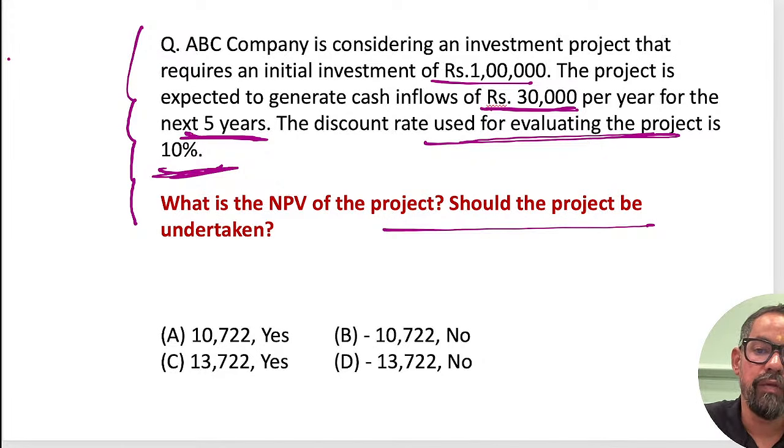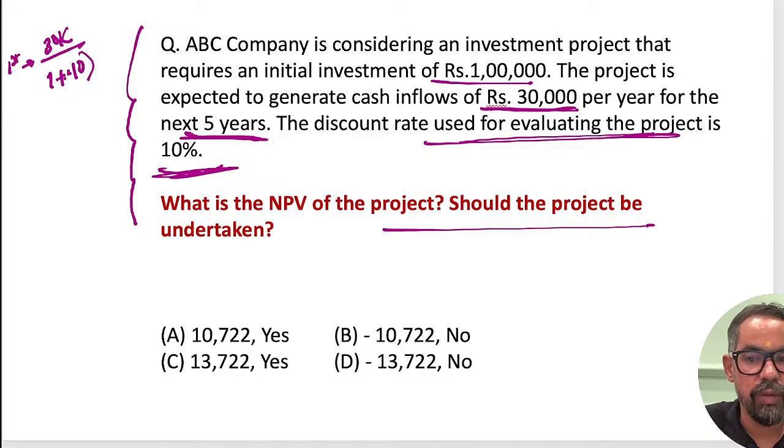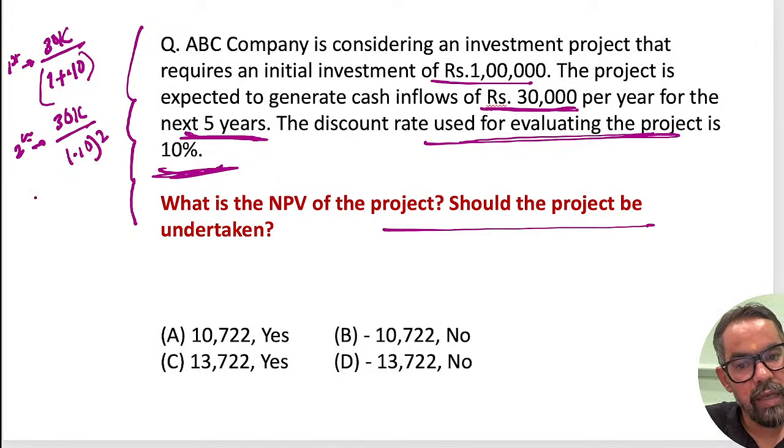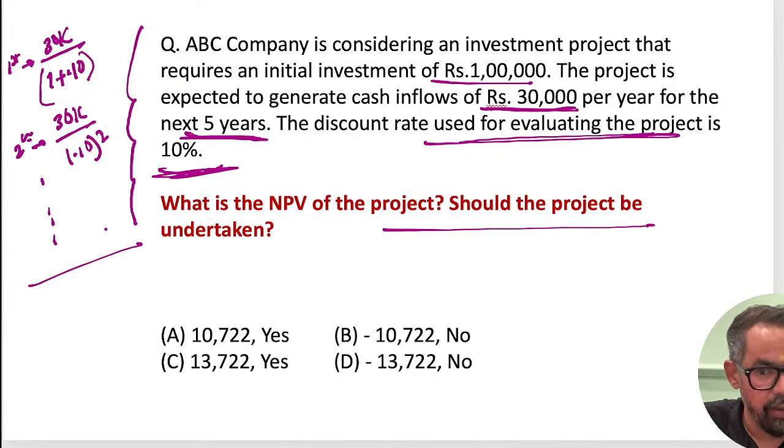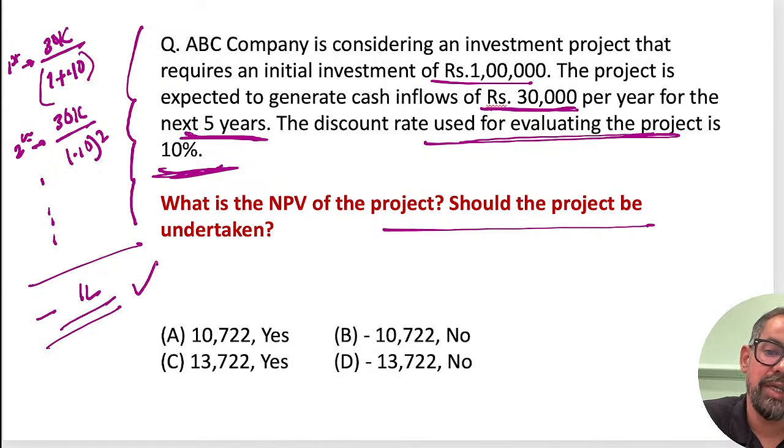How we will be calculating first year, ठीक है. So first year 30,000 we are getting every year. तो 30,000 divide by 1 plus 0.10 because the discount rate is 10%. Second year, when it comes to second year, again 30,000 divide by 1.10 की power 2. ऐसे ही third year, fourth year, 5 years. तो we will be calculating for 5 years. Then minus initial investment, that is 1 lakh. If it is positive, accept. If it is negative, reject. Little confusing, we'll do it.